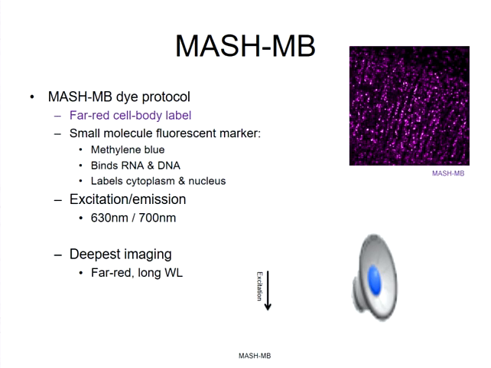One of the best labels that we have when it comes to very deep imaging is actually the MASH-MB label, which is the methylene blue molecule, which has a far red wavelength. And again,